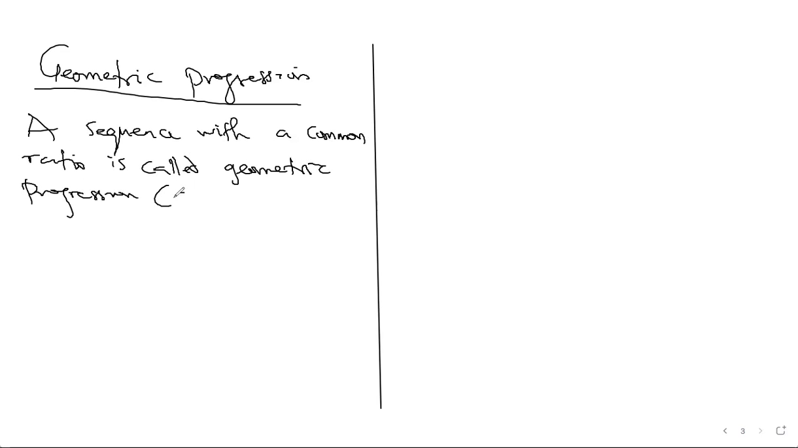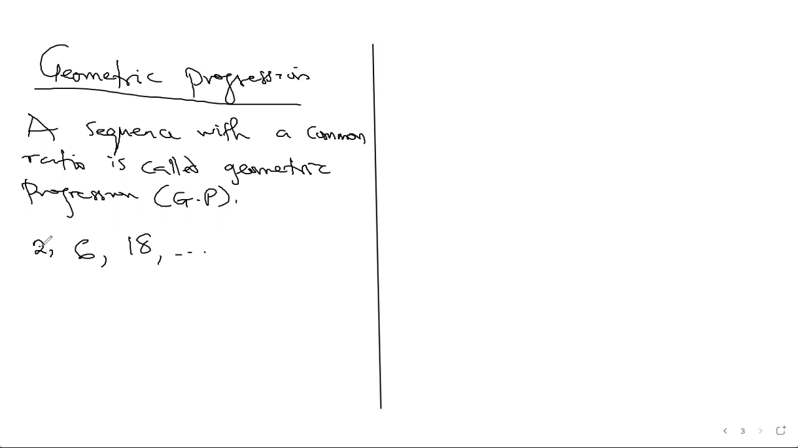Progression as GP. So what do I mean by that? By common ratio. Which means if I have a sequence just like this: 2, 6, 18, and so on. Now this is a GP, a geometric progression, because